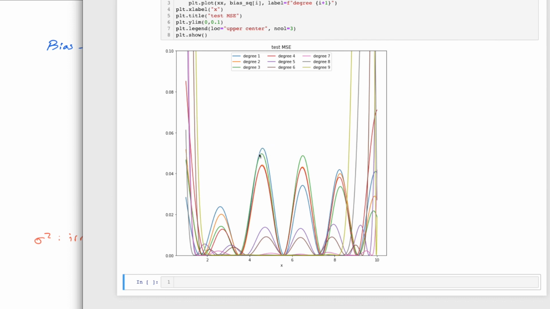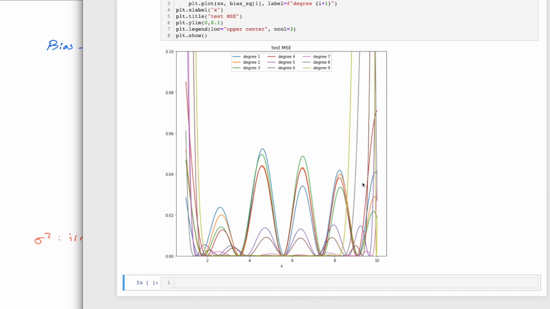You can see the blue model, which is the simplest model, is actually achieving pretty bad test MSE across the board. Same thing with degree 2, degree 3, so the orange and the green, and the red is degree 4. So you can see that it's favoring models that are pretty low complexity. Now, if I take the average over these values, you can figure out maybe what's the lowest average test MSE. I don't want to do that because this is not a very good model, especially on the ends, but you can kind of get an idea of how you would pick